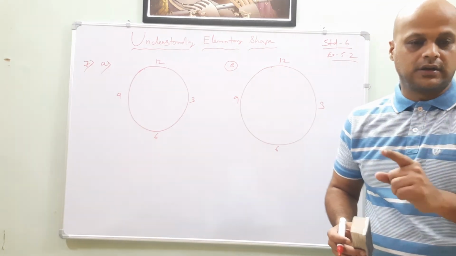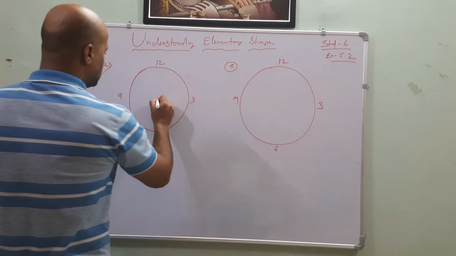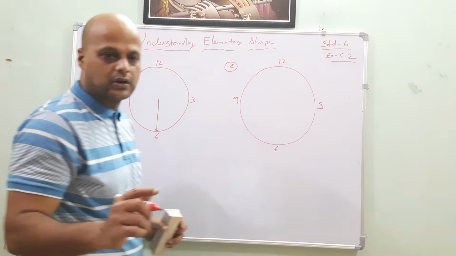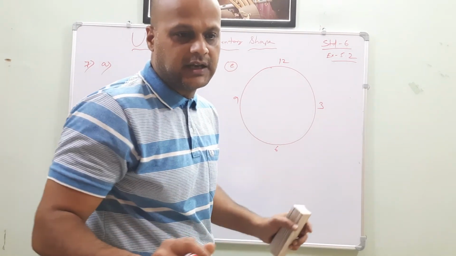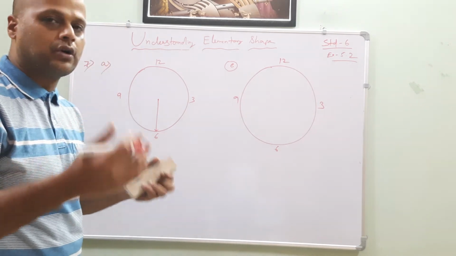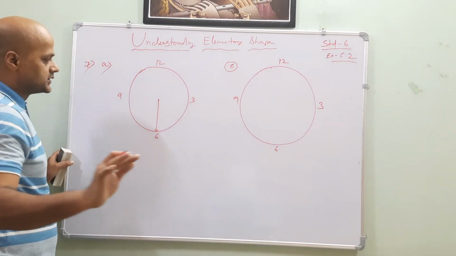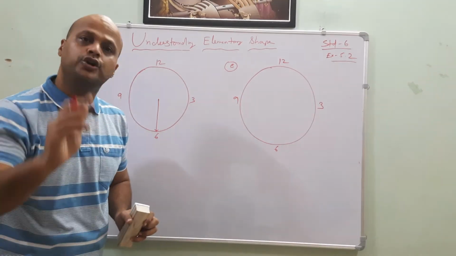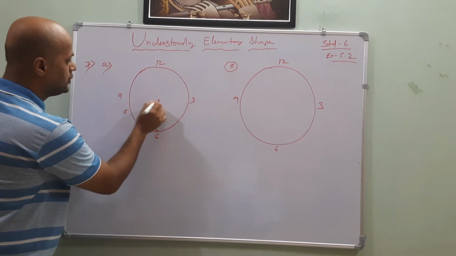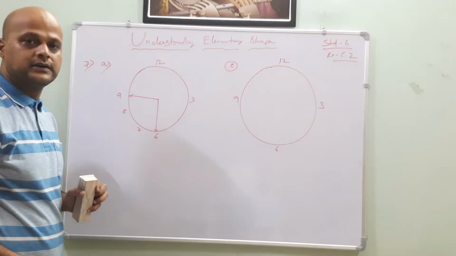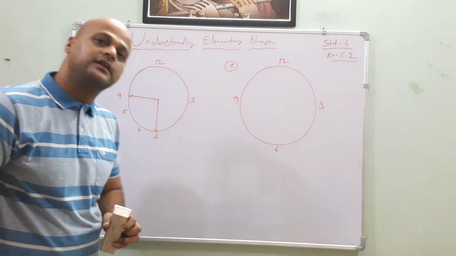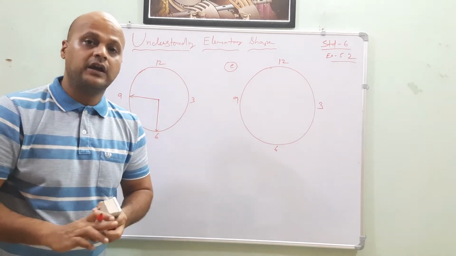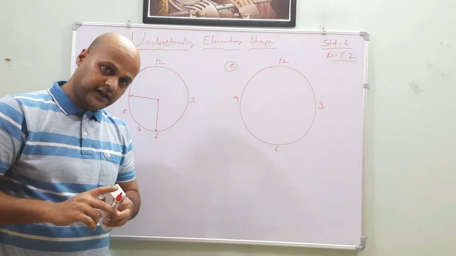From 6, turn through 1 right angle. Starts from 6, turn 1 right angle. It may be clockwise or anti-clockwise, and it is not saying anything. Okay? Let it be clockwise. Suppose clockwise it is, then what do you have to do? One right angle means how many hours gap is there? 2 hours gap. Means 7, 8. Where will it stop? It will stop at 9. Understood? So the hour hand will stop at 9. You have to remember that one right angle of a clock has a 2 hours gap. Okay? Very good.